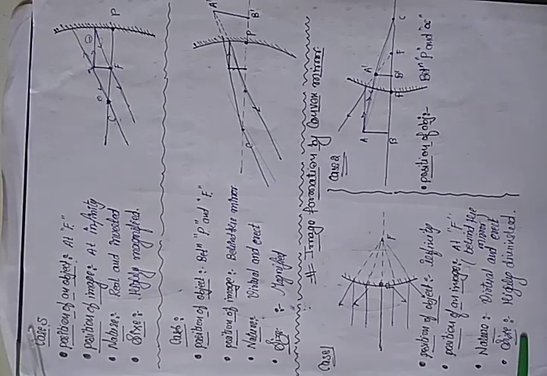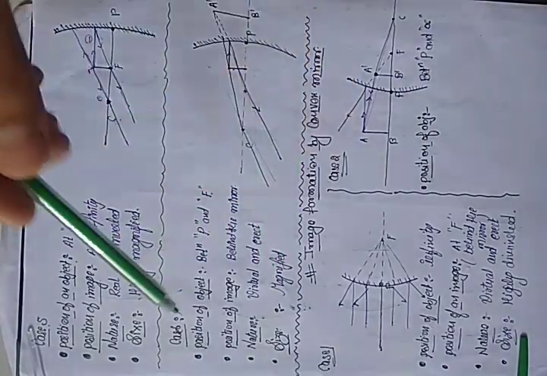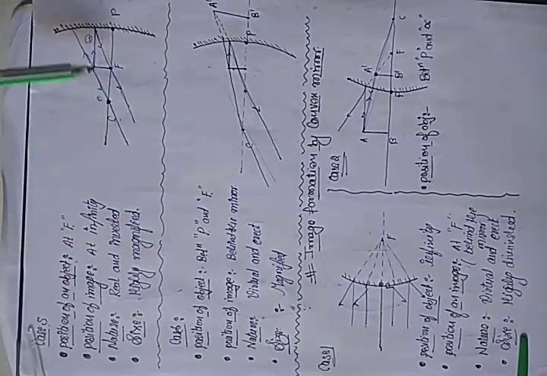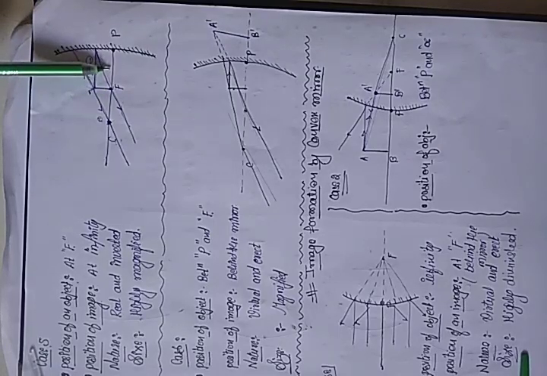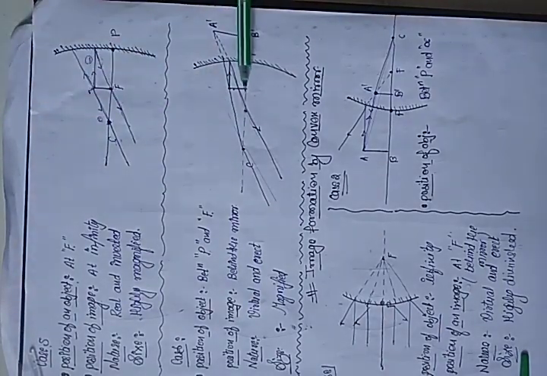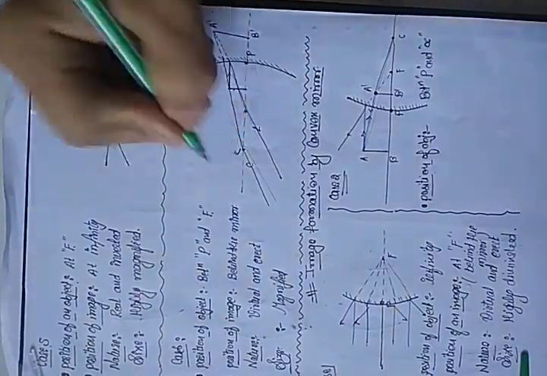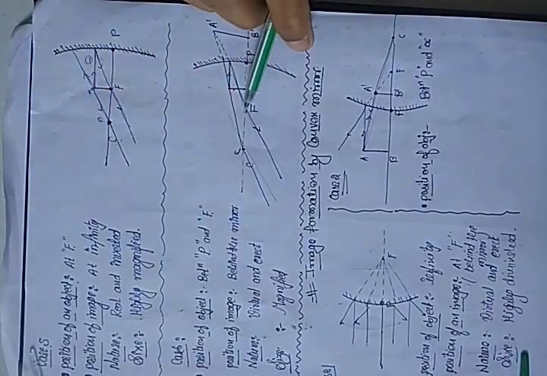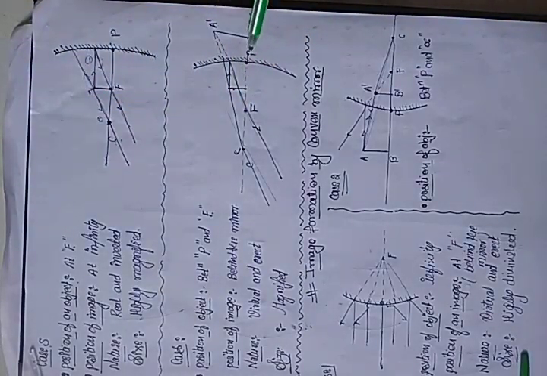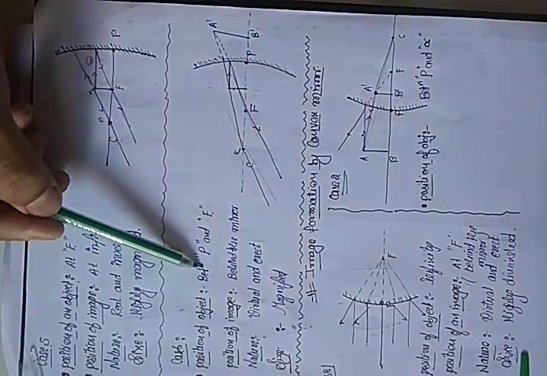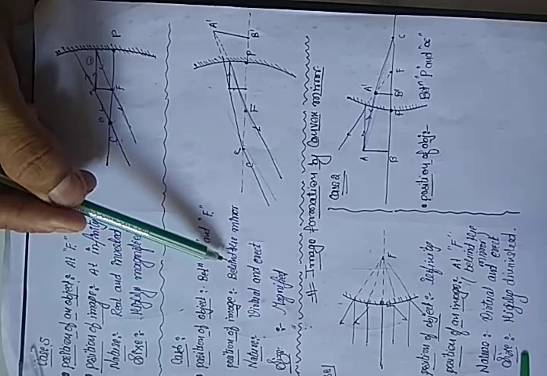Now students, we are talking about case number 6. What is case number 6? Now see, in case number 5 we are standing at the focus. Okay, now we move close toward the mirror, exactly between focus and pole. So in the 6th case, I will take the object very close. See here, this is center, this is focus. Now we are just coming close to the pole. So what is the position? Between pole and focus. Now the image is created.